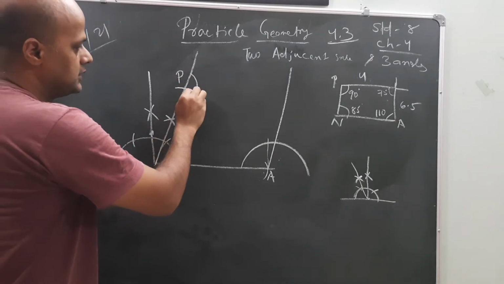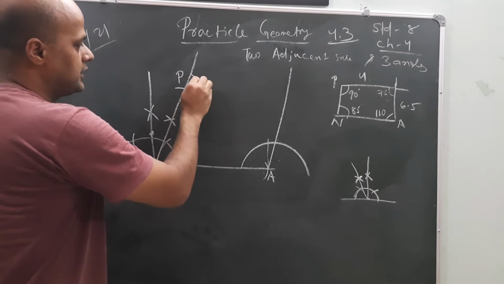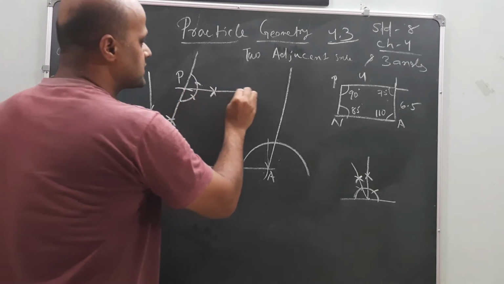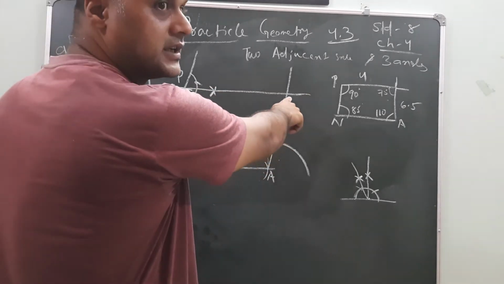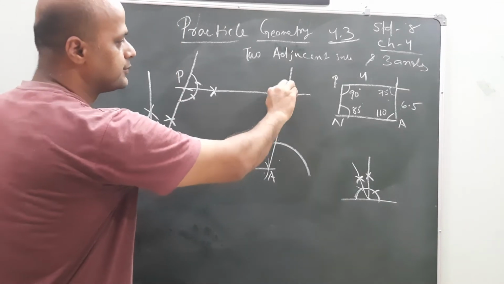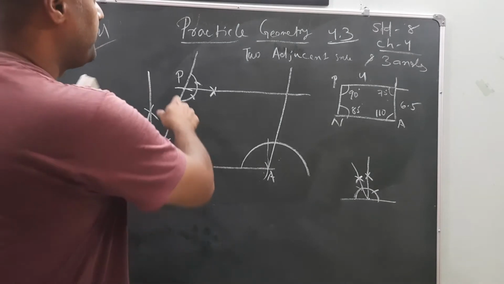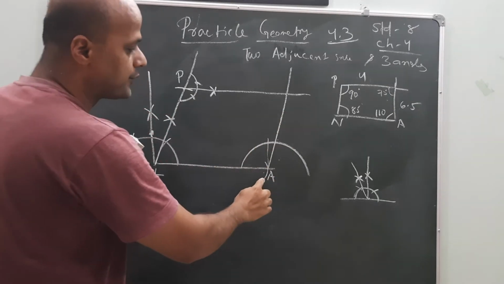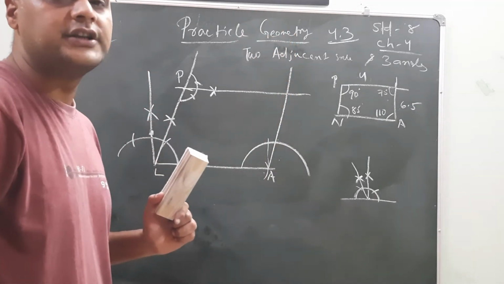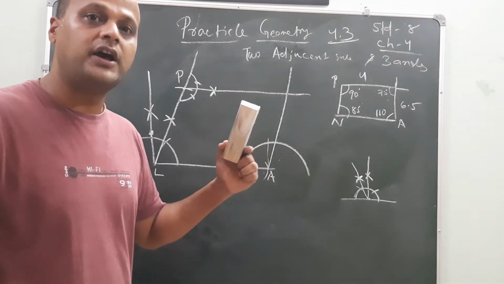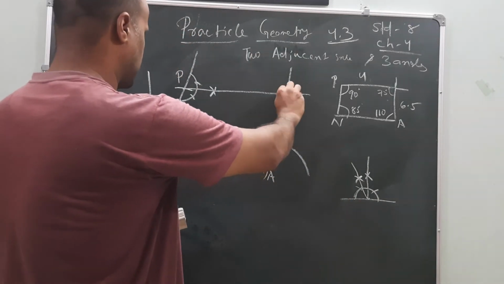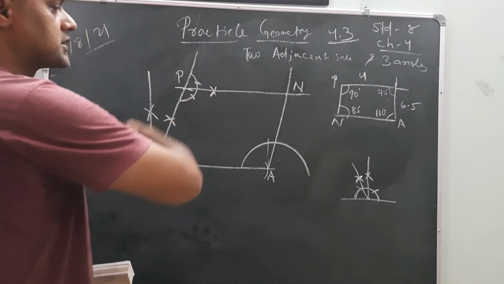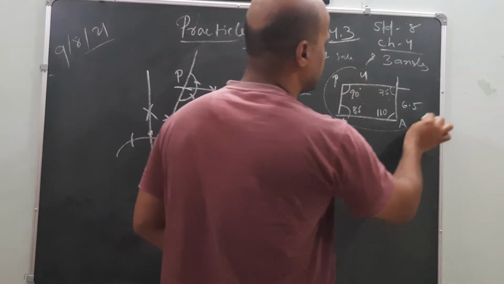Here 60, 120: from here 60, draw the arc, and from 120 bisect the arc and draw the straight line. Wherever the lines intersect, that point will be called the intersecting point. From P the extension line will be at 90 degrees, and from A another line will go at 110 degrees. The 90 degree and 120 degree lines, where they bisect, that bisecting point is called N. So this is the total construction of our given rough sketch.